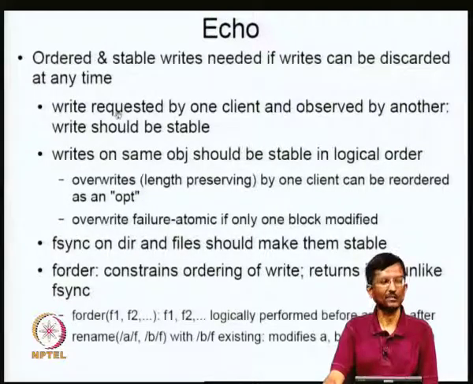For example, these are some of the conditions that we have to satisfy. A write requested by one client and observed by another. Okay. So, basically, if that is the case, it has already been observed by another. That means that it has to be stable. Okay. The minute I request a write to be done and it has been seen by somebody else, now I can't just leave it in memory and if there is a power failure, just drop it, because it has been observed by somebody else. Observed because this party who is not me has actually seen it. Therefore, that means that it should definitely be stable, so that if somebody else looks for it, it is also available. Okay. So, this is one critical thing.